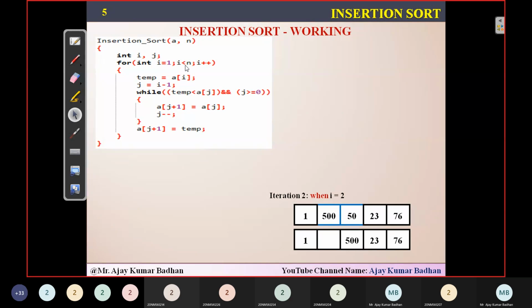Okay. So first thing, insertion sort. This is a very simple algorithm. You can see here, this is the logic, or you can say this is the algorithm. Initially we'll start with one. Why am I starting with one here in this particular case? Okay, let me take the diagram first.